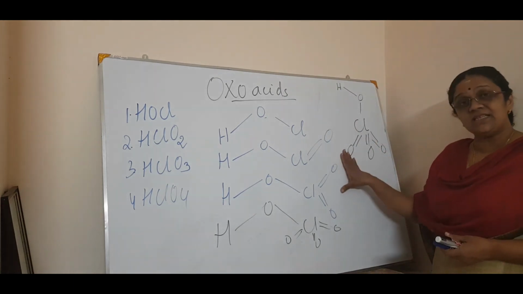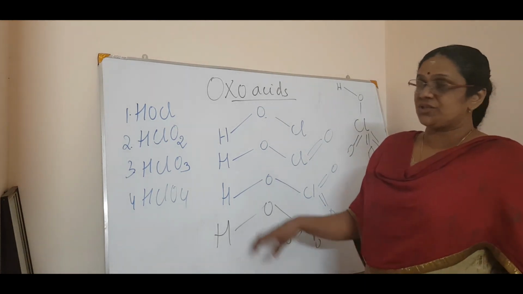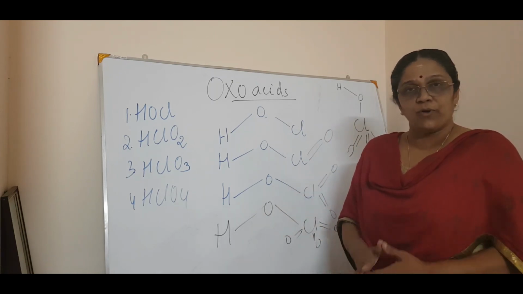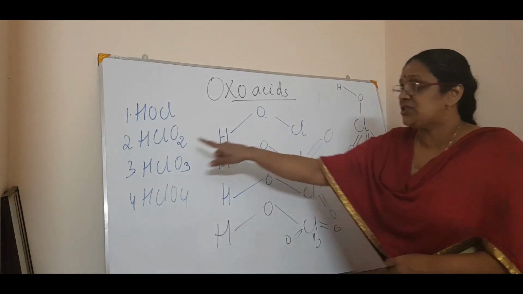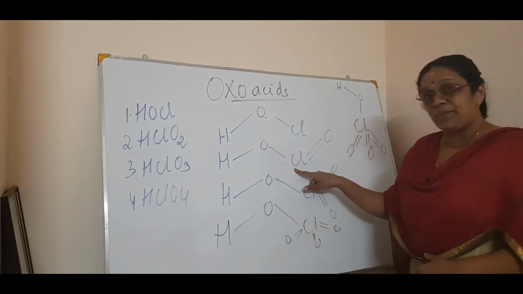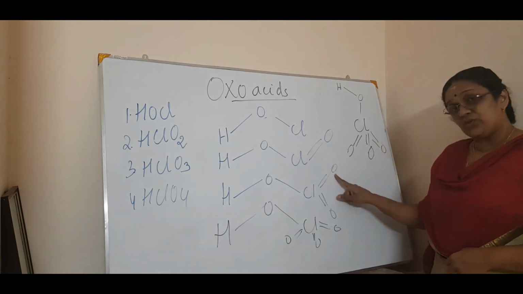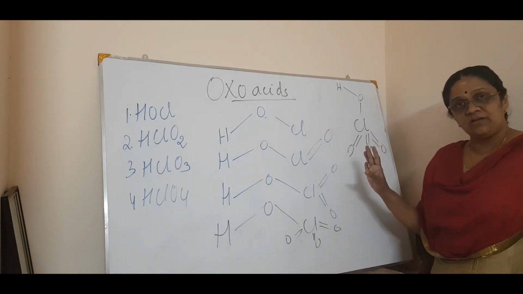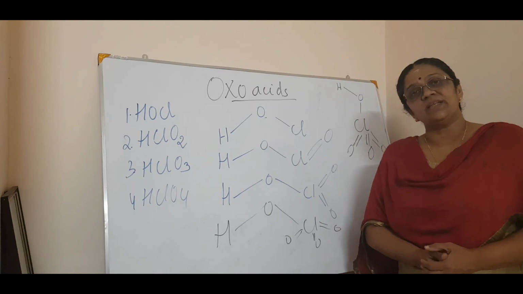So please study these structures. I have already told you that in sulfuric acid also we studied four structures. So any structure, one structure is definitely a short question for the board exam. So simply, HOCl you draw like this. HClO2 means HOCl is the parent, then one O with a double bond. HClO3, two O with two double bonds, and three O with three double bonds. That's all. Just simple. Okay, so that's it. In the next section we will see the next topic. So till then, thank you.